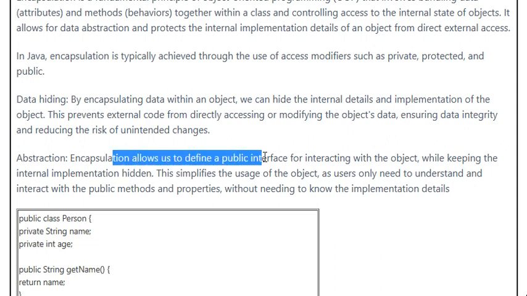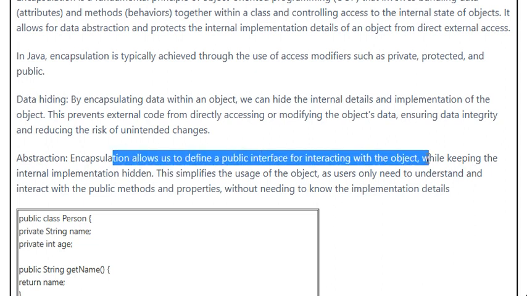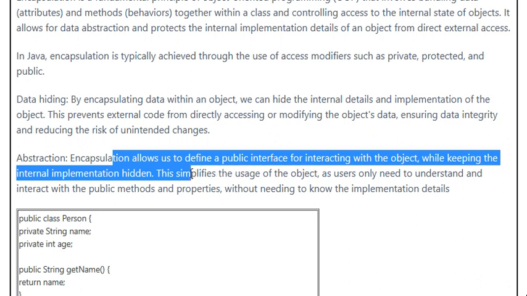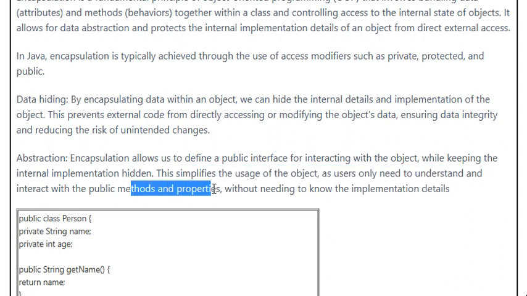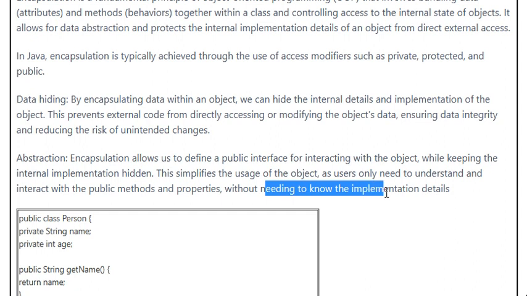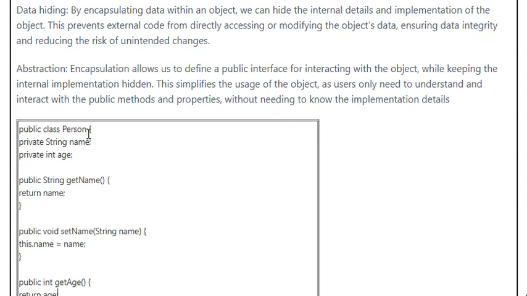So encapsulation allows us to define a public interface for interacting with the object while keeping the internal implementation hidden. This simplifies the usage of the object, as users only need to understand and interact with the public methods and properties without needing to know the implementation details. By using encapsulation, we will not directly access the properties or the variables of the class. What we will do is access the methods, and methods internally access these variables, which are name